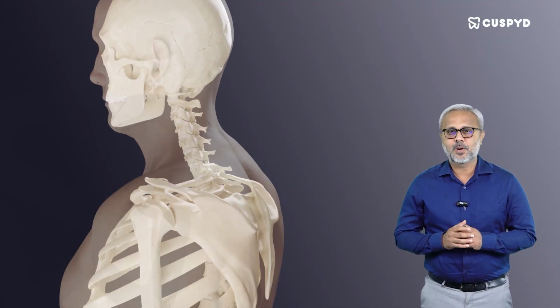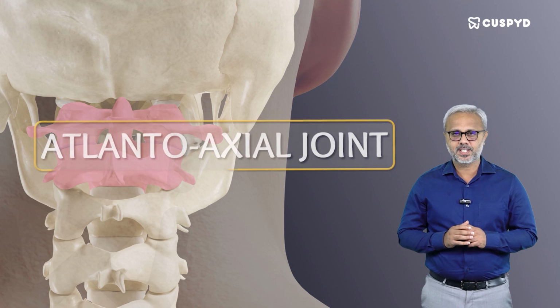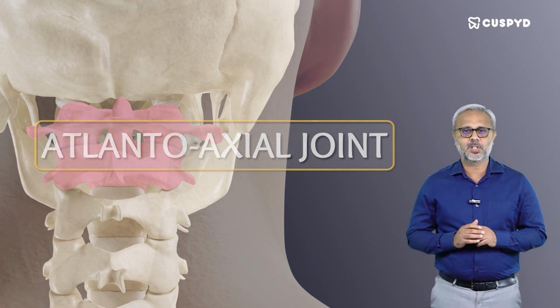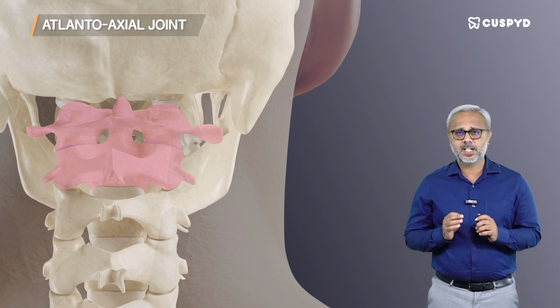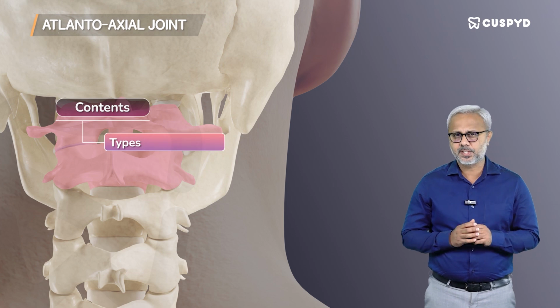The second important component of the craniovertebral joints is the atlantoaxial joints. In this session, let's try to learn about the anatomy of the atlantoaxial joint. We'll learn about it under the same headings, the types of atlantoaxial joints,